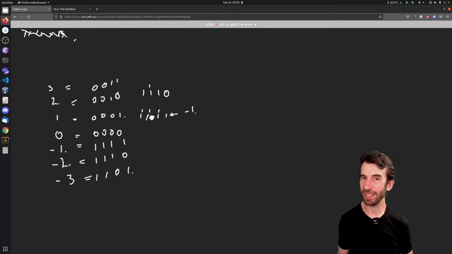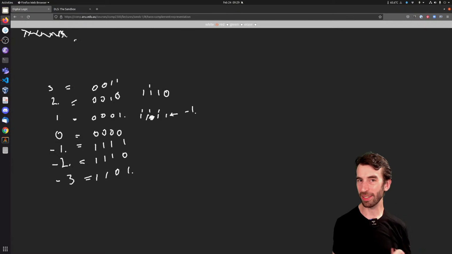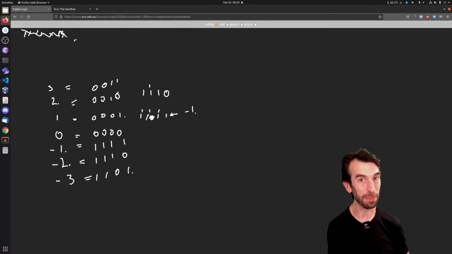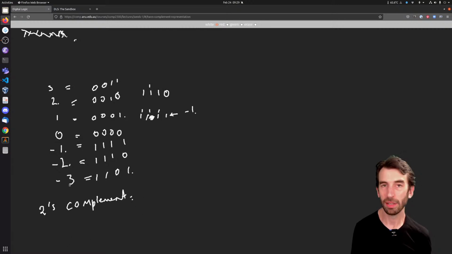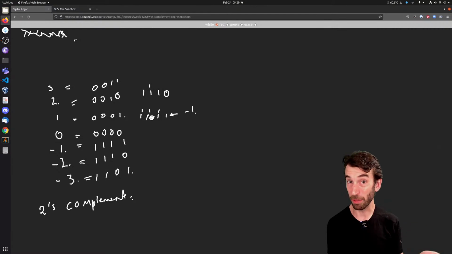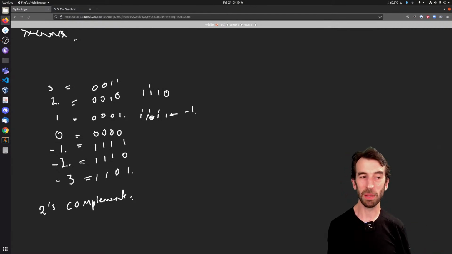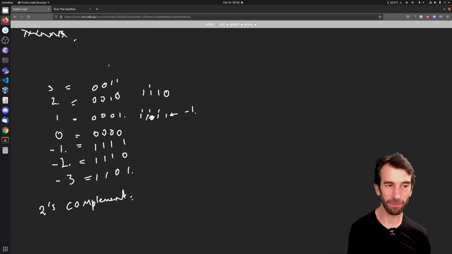Now, this way of representing negative numbers actually isn't the only way of doing it, so it's got a name. This one's called 2's complement. Sometimes it's written this way: 2 apostrophe s complement. And the 2 here is related to the fact that we're in binary arithmetic. So the maximum number we can represent is 2 to the power of n minus 1, where n is the number of bits. So if we've got a 4-bit arithmetic,